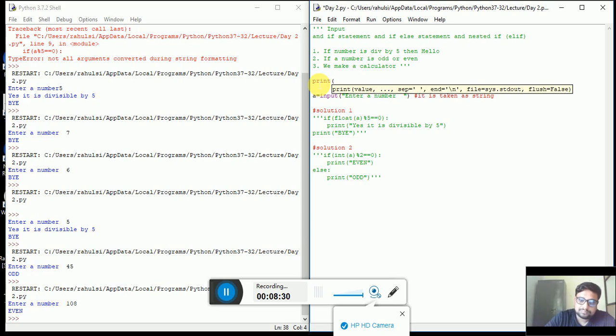Print enter your choice, and backslash n, one for add, backslash n, two for divide, backslash n, three for subtract, backslash n, 4 for multiplication, and the last one is